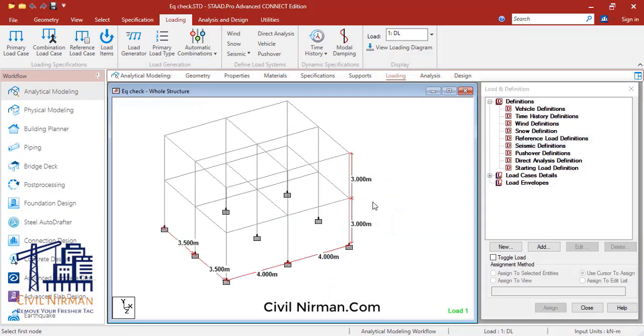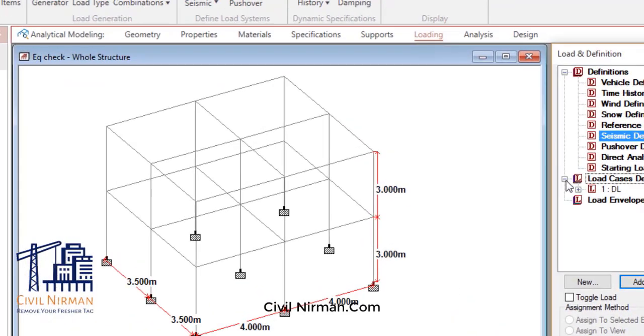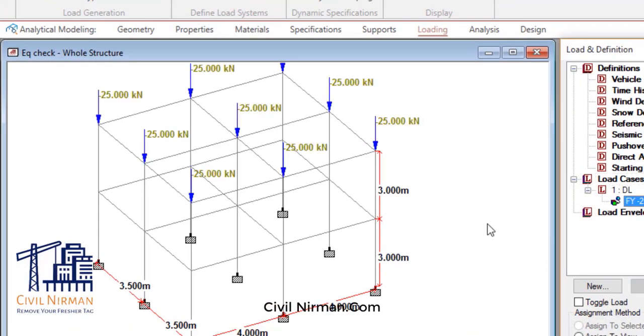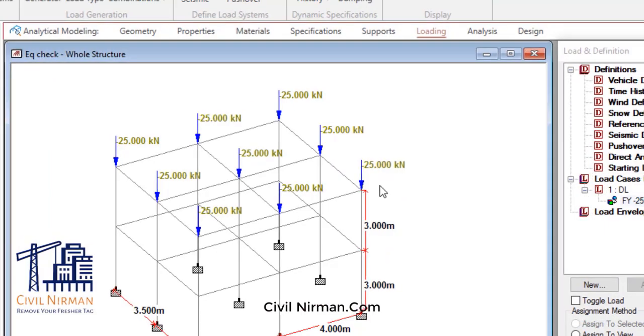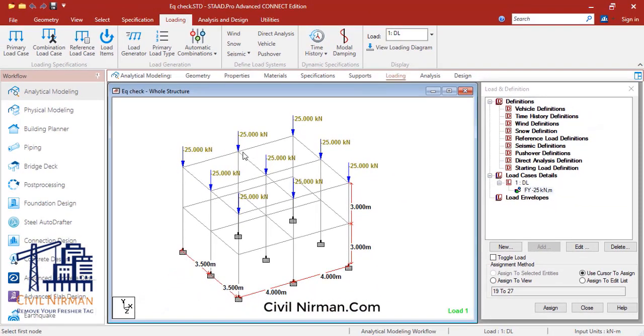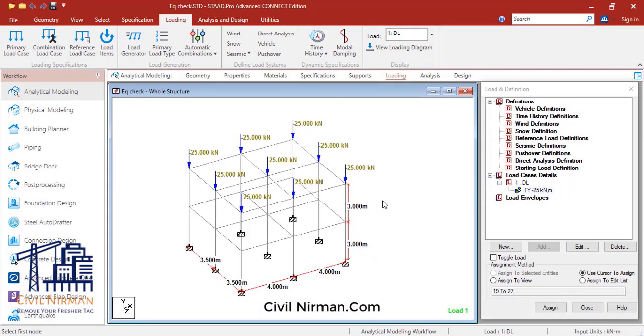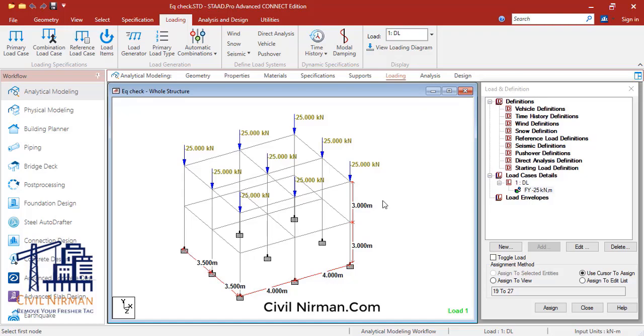So let's get started. For your understanding, currently I have considered only a 25 kilonewton weight, in terms of point load on the top floor. You can observe at each node I have implemented a 25 kilonewton load. Now consider this as the total load of that particular floor weight in order to understand the methodology. So I will provide you a short trick over here in order to understand how your seismic weight is distributed in terms of lateral force on your building.